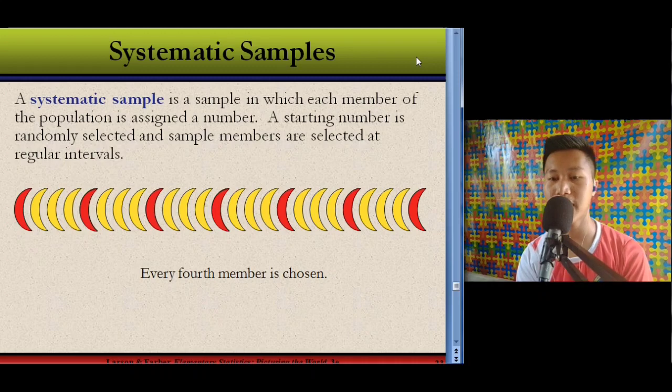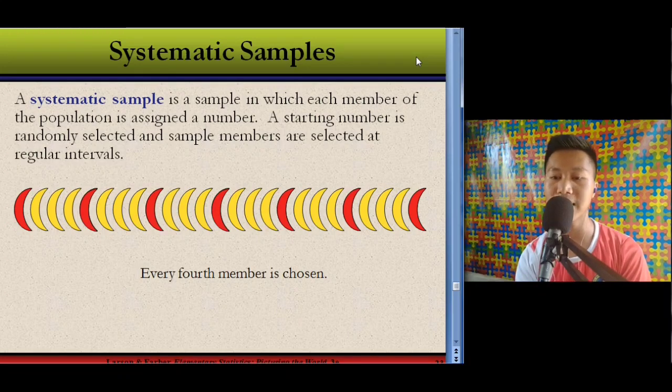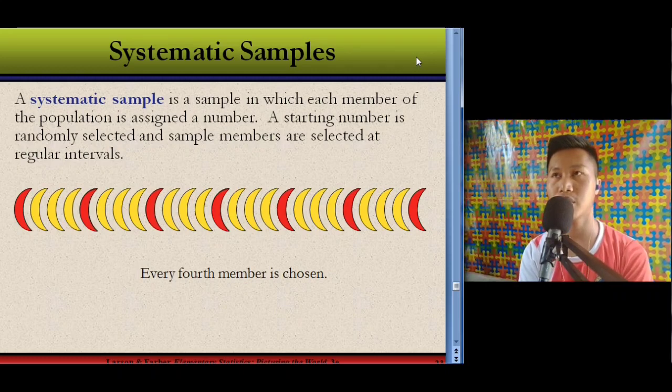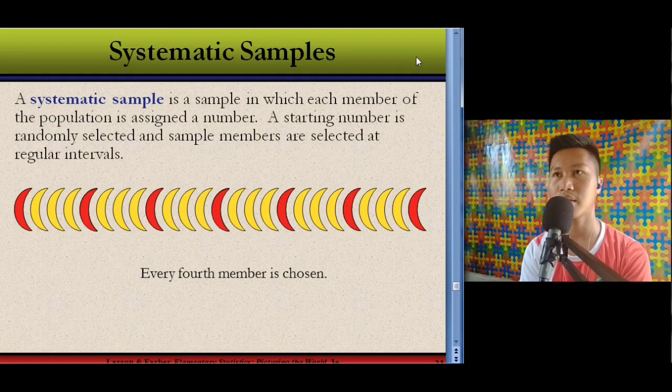Okay, for the next one, we have systematic sample. A systematic sample is a sample in which each member of the population is assigned a number. A starting number is randomly selected, and sample members are selected at regular intervals. Now, for example, you want to conduct a study regarding the performance of your class. For example, you have 50 students, and you want to know the overall academic performance of your students